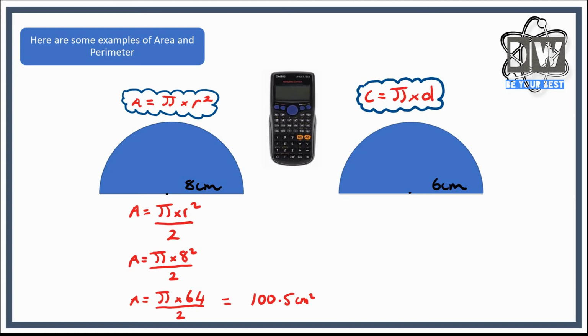Now we're going to move over and recap the circumference. So remember, again, we are going to divide the circumference, the full circle, by 2 for this one. So we'll write that now. Circumference is pi times the diameter, but we're going to have to divide that by 2, yeah? So pi times 12. Now, the reason why it's 12 is because remember, this is the radius here, so we have to double that. So we end up with circumference, or perimeter now, is going to be 6 pi,